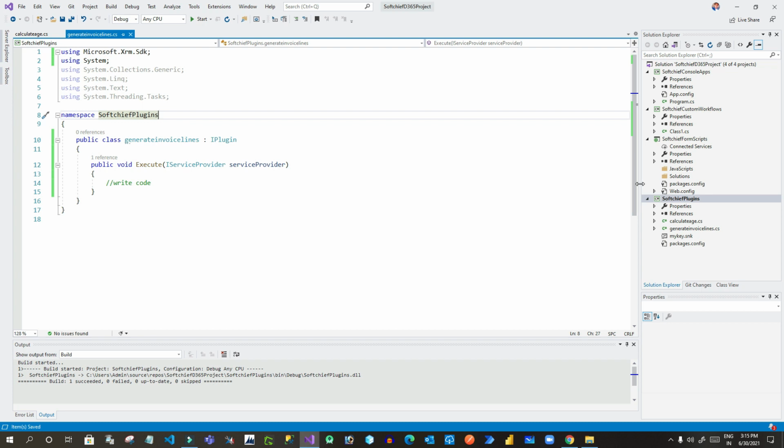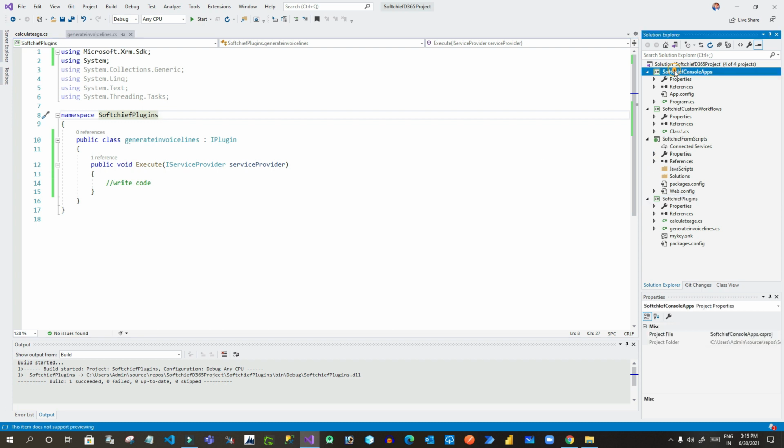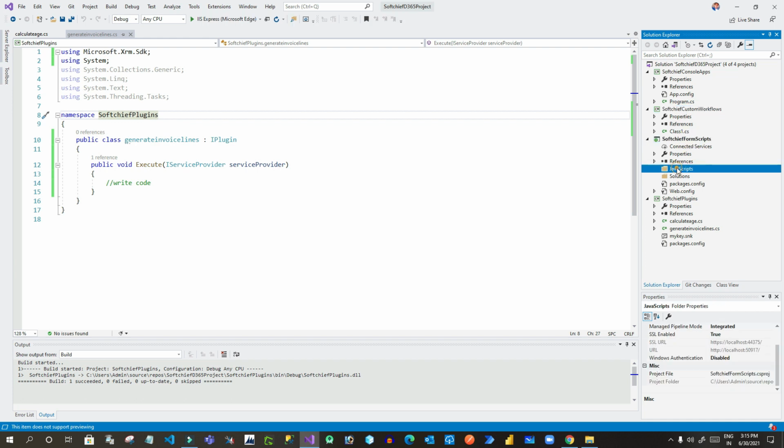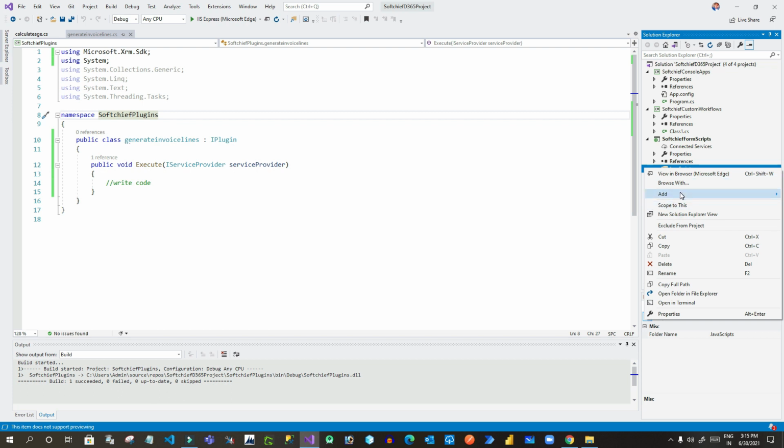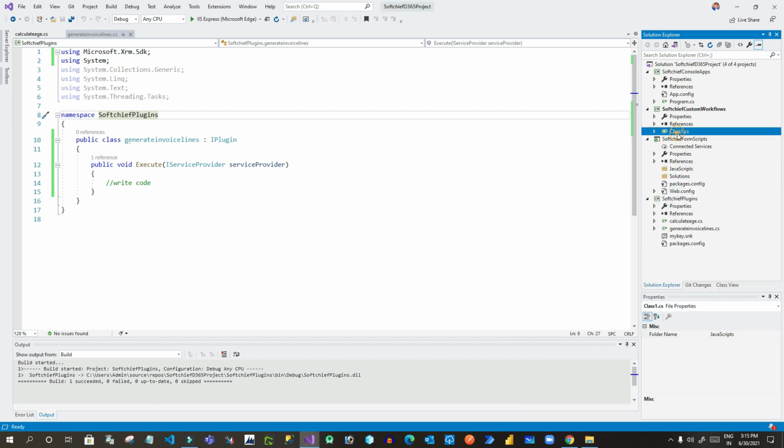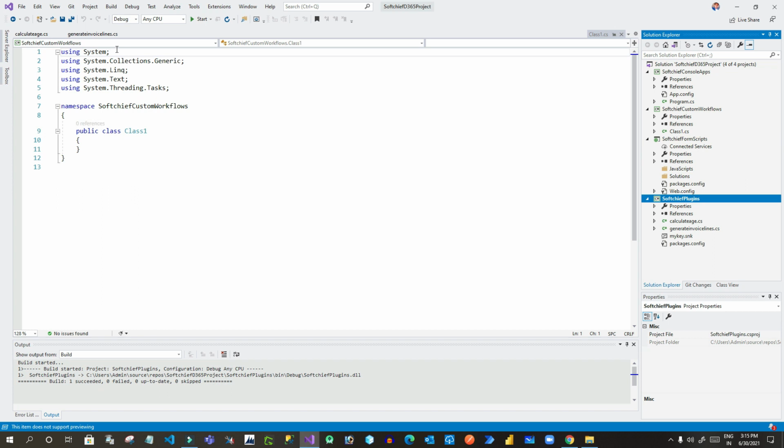Now like that we have to manage the console application and custom workflows and also the form scripts. You can also right click and add new scripts if you want to add a new script, right?